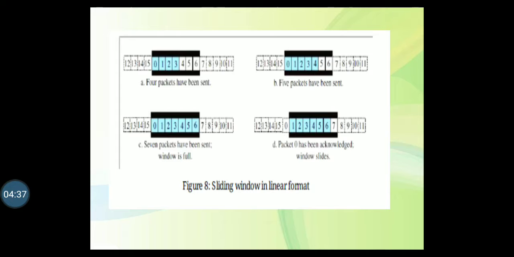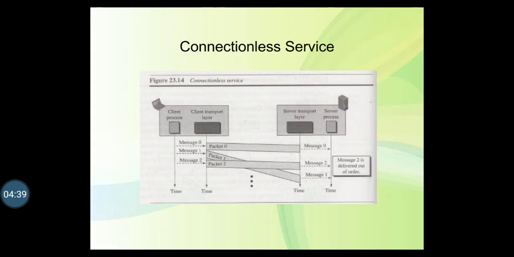Next we'll go for congestion control. In a packet switched network, an important issue such as in an internet connection is congestion. Congestion in a network may occur if the load on the network, that is the number of packets sent to the network, is greater than the capacity of the network, that is the number of packets a network can handle.